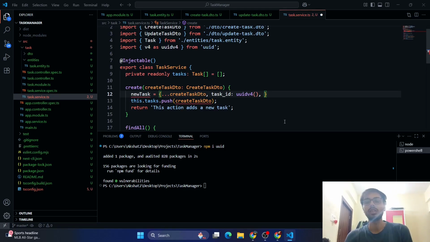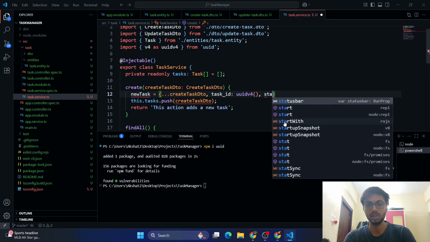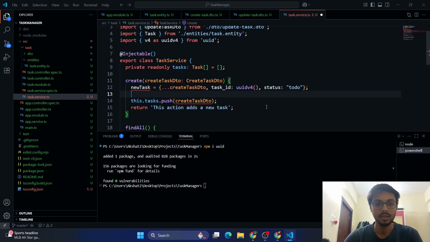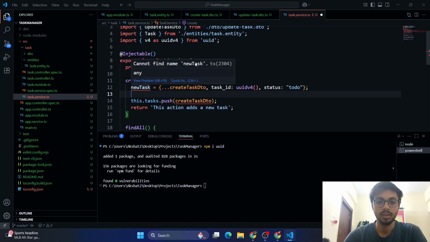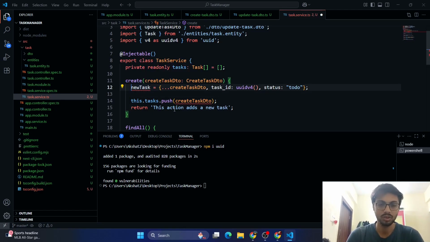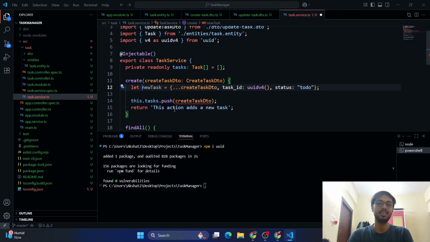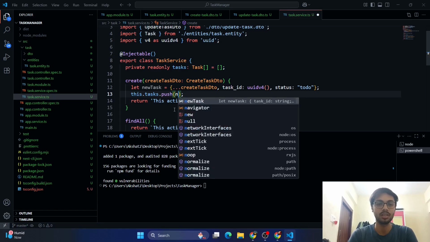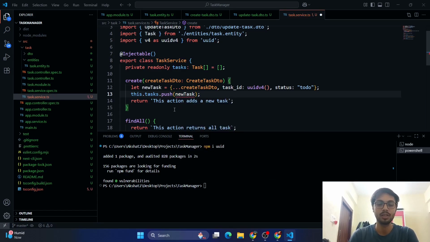And along with task ID, we need to go for status. So status, and status we go for to is it, um, cannot find name new task. So I forgot the data types here. This is let new task, let them const, and then we push this new task in our task. So new task, this is,